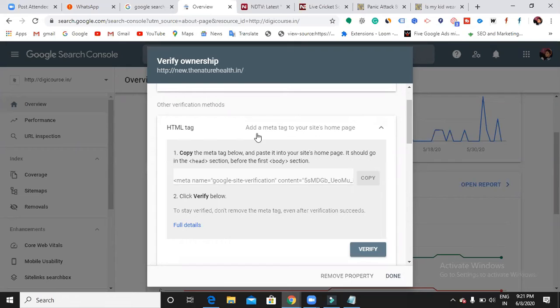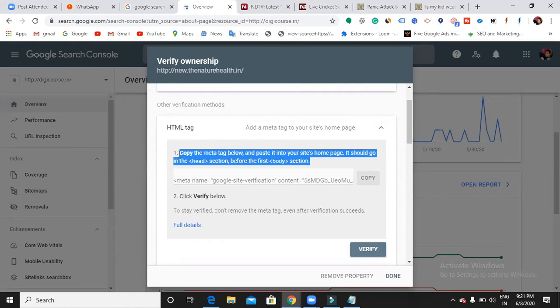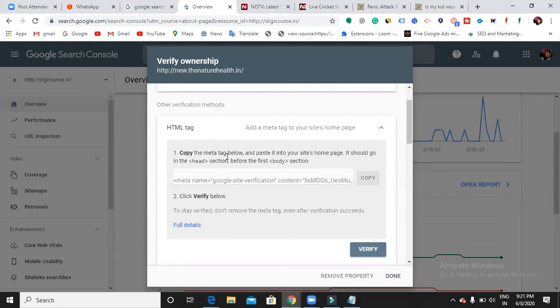Now HTML tag, let me see. Copy the meta tag below and paste it into your site's homepage. It should go in the head section before the first body section. So it is asking me to paste it in the header section of my website. Let me see how we can do this. Copy the complete tag. Now click on this copy. Which website do I have to verify now? thenaturehealth.in, right?